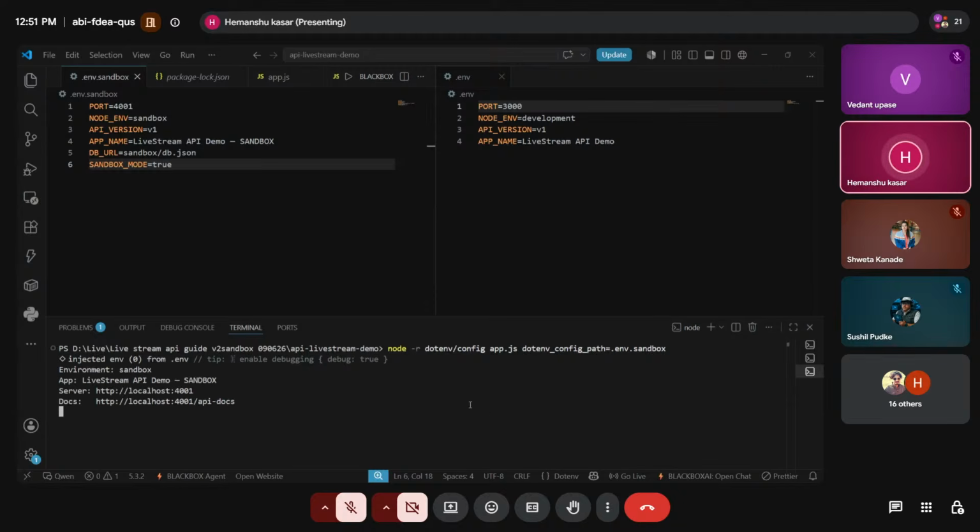Once I execute, we'll be able to see one config switch. So we are able to see here the server running over the sandbox, which is on port 4001, and the dummy document is also generated on port 4001.